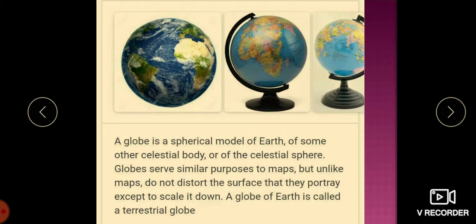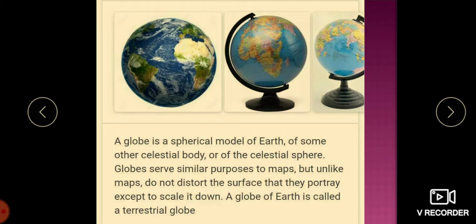Now, the word globe comes from the Latin word globus, meaning sphere. Globes have a long history. The first known mention of a globe is from Strabo, describing the globe of Crates from around 150 BC.